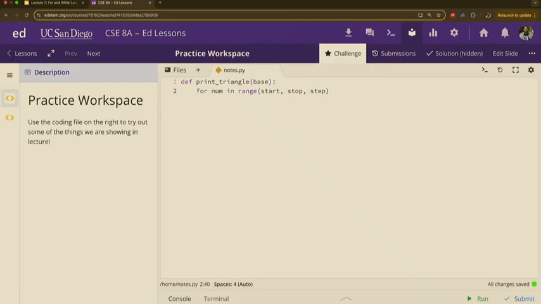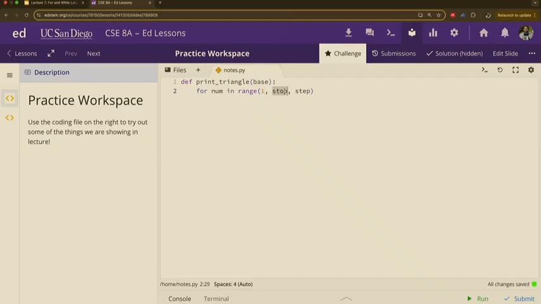So where do we want to start off? So if we want to start printing out an asterisk, we know that on the first one, we want to print out 1 asterisk. On the second one, we want to print out 2 asterisks. The third one, 3 asterisks, etc., etc. So where do we want to start off? Let's start off at 1. Okay. So we can make our start number 1 or 0. Are we indexing at 0? Or are we indexing at 1? If we put 0, are we starting at 0 or are we starting at 1? We're starting at 0. So if we want to start off at 1, let's use 1.